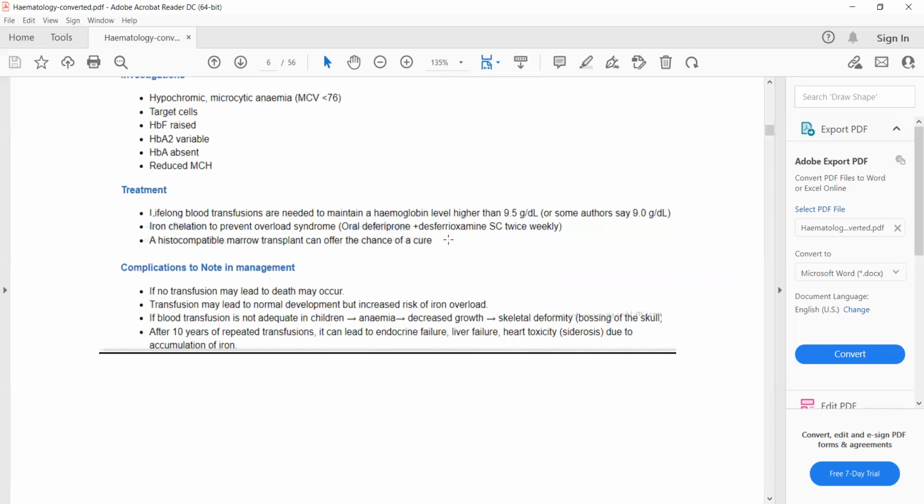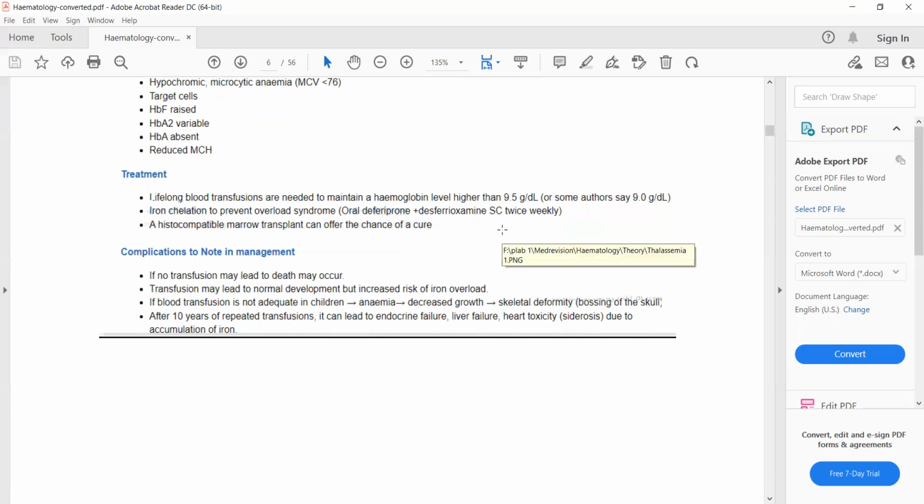Iron chelation is used in the form of oral deferiprone and deferoxamine, subcutaneous twice weekly. And a histocompatible marrow transplant can offer the chance of a cure. So the management is usually supportive, blood transfusion and iron chelation. And the cure is a bone marrow transplant. What are the